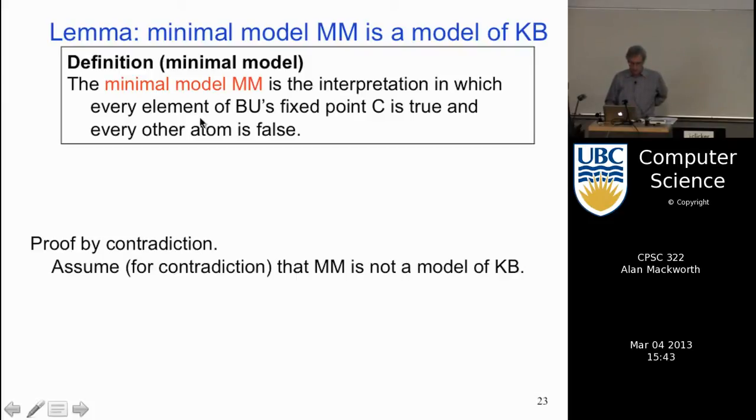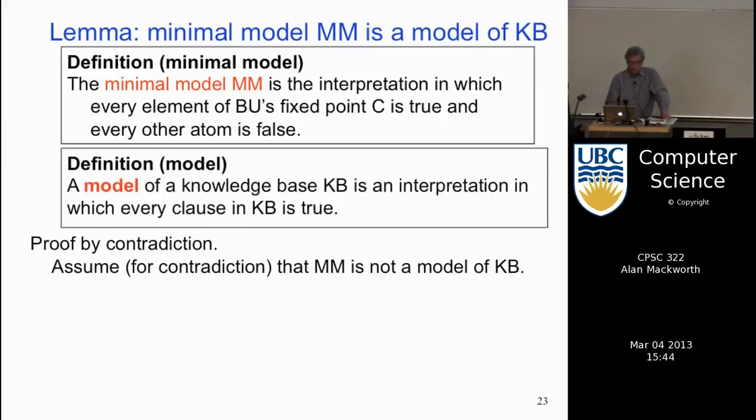Okay? So again, we're going to start, and the only proof I'll give for this to keep it simple is by contradiction. Okay? So I want to prove that this is the statement of the theorem. A minimal model defined this way is a model. It's actually fairly easy. I mean, intuitively, what else could it be, right? But we have to prove it. Okay, remember what a model is? It's a knowledge-based interpretation in which every clause is true.